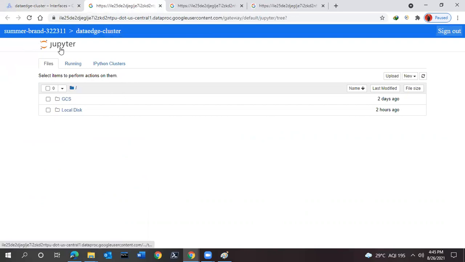Yeah, so this is the Jupyter notebook over here, and it basically provides two different folders, GCS, Google Cloud Storage, and local storage.